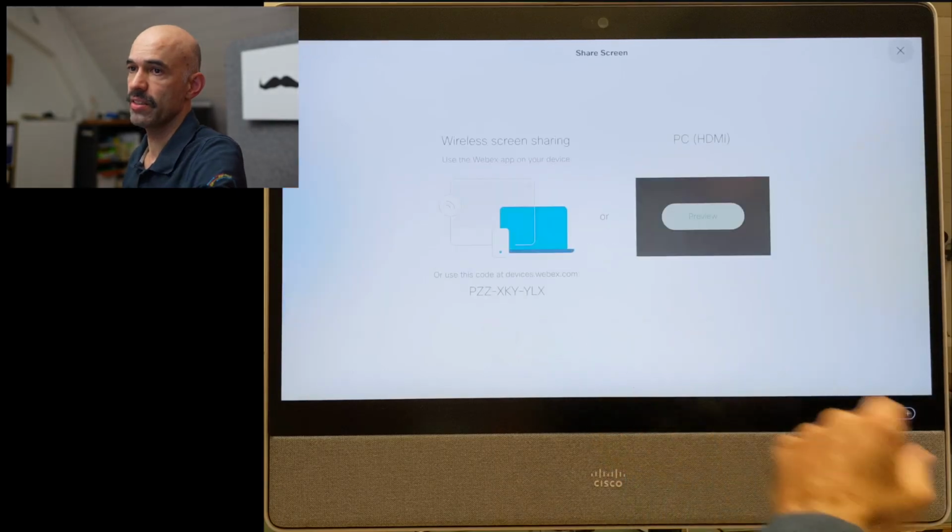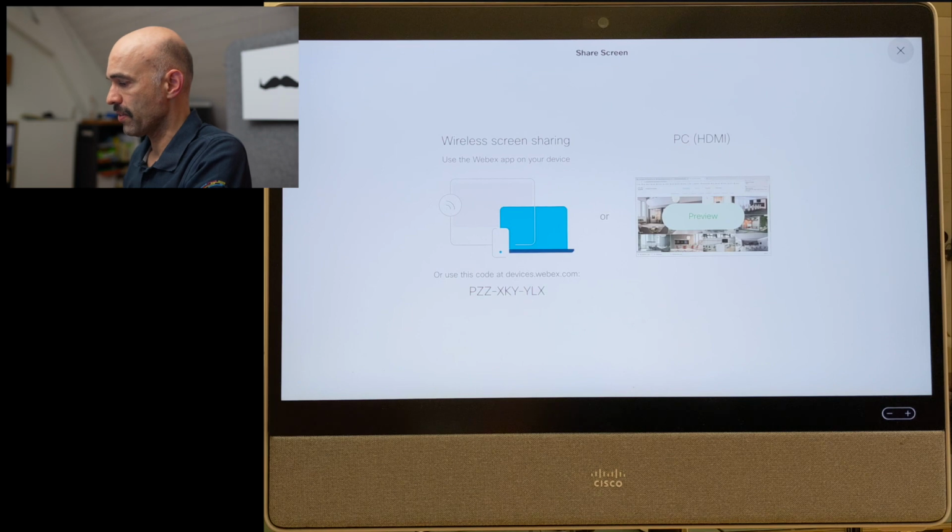Okay, now we come to the next section, which is about how to share to that device, to that desk endpoint. So we have one very convenient option, which is desktop preview, which is I can share via the browser. So anybody in the same huddle room can actually come to that device. I say sharing, and then